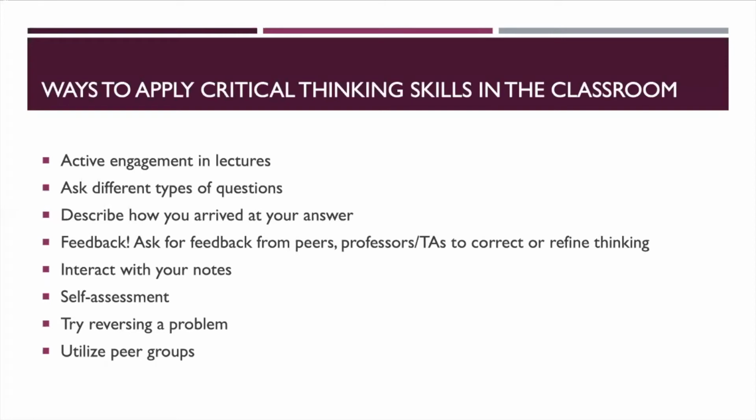Describe how you arrived at your answer. I think one of the most important tools that we have for students in the classroom is explaining the process of how they got to that point and understanding how their peers or maybe their TA or their professor also got to that point. So again, that's looking at things through that different viewpoint. And the way you can do that is by describing how you arrived there, what your thought process was, what the main points were that you were thinking about, and writing those things down. So when you come back to it, you can still engage in that material and still be thinking critically.